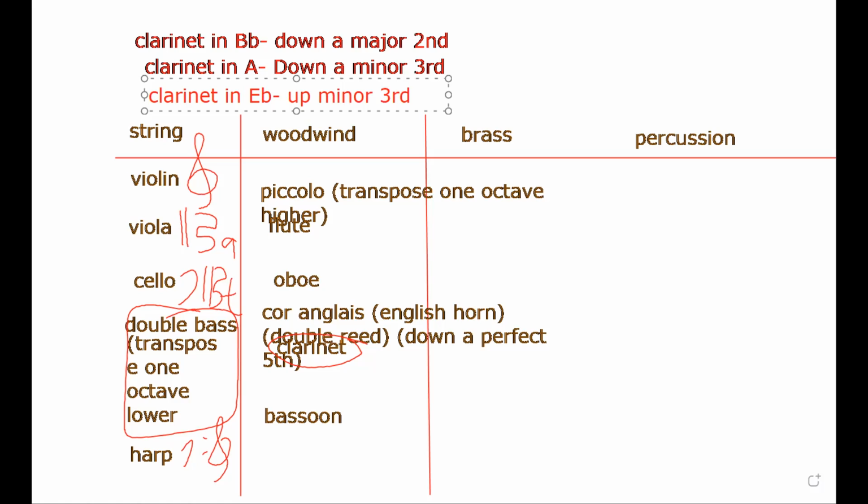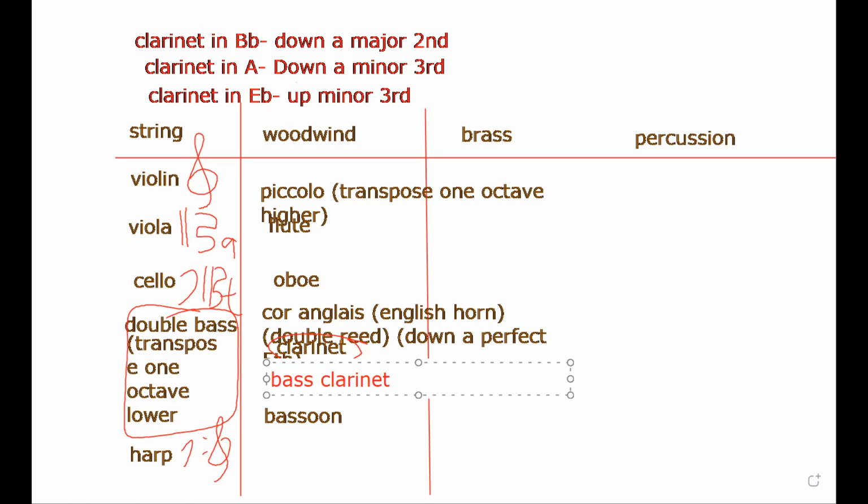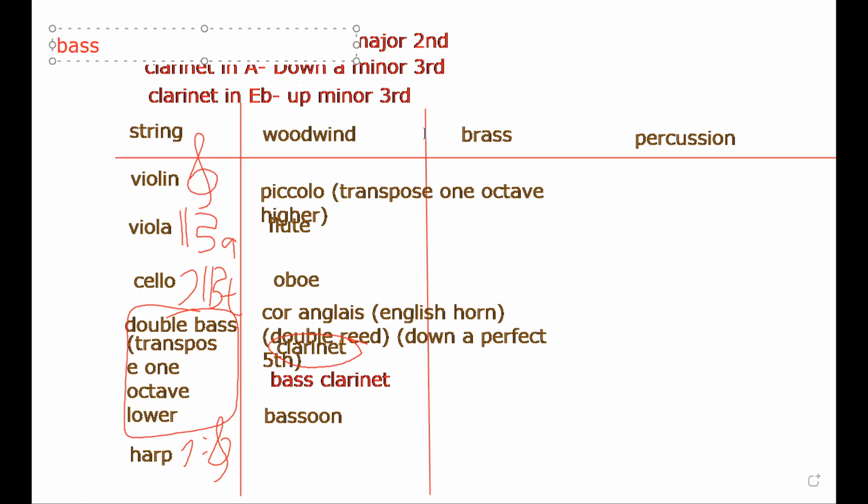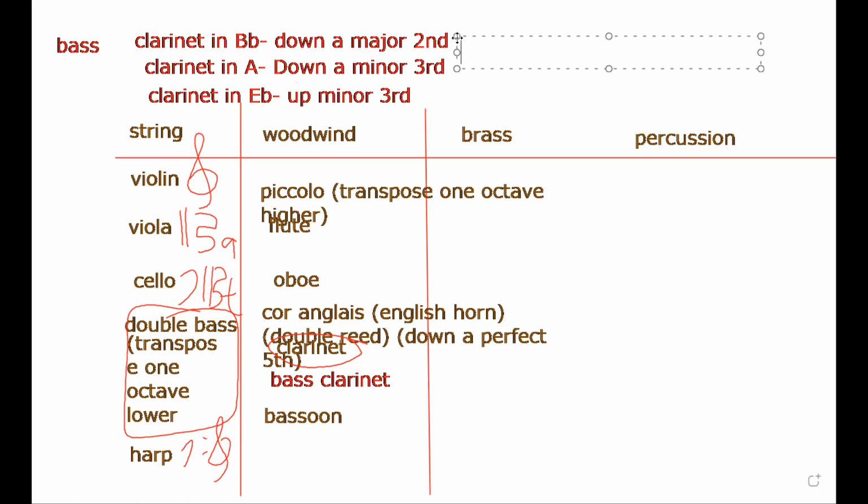So the clarinet has many different types: clarinet B flat, clarinet A, clarinet A flat, clarinet E flat, it keeps changing. So you just need to know the principle, then find the interval. The most common are B flat and A. Below the clarinet there is also an instrument called bass clarinet, so you can add one more bass clarinet here. Bass clarinet is the same thing as a clarinet, just that after you transpose everything, because of the bass, you need 1 octave lower. So if I have a bass clarinet in B flat, that means I have to add one octave to everything,